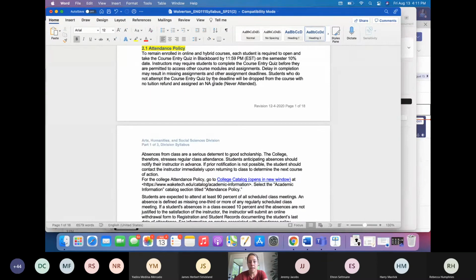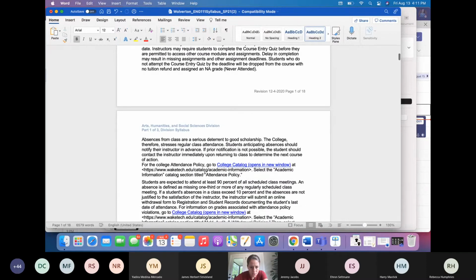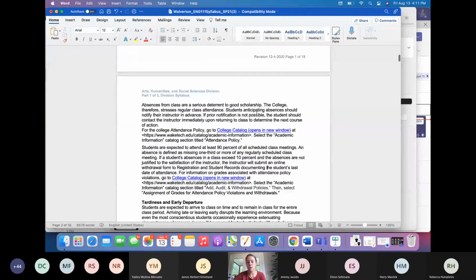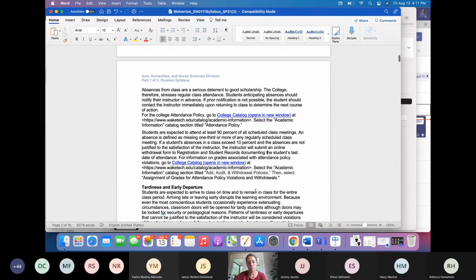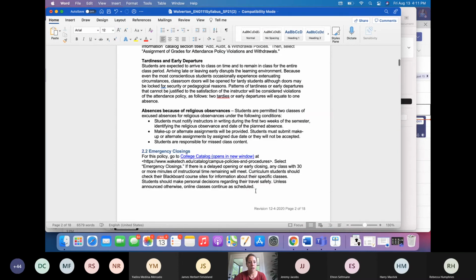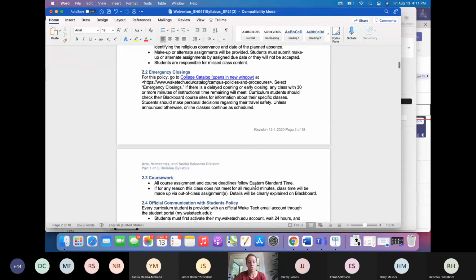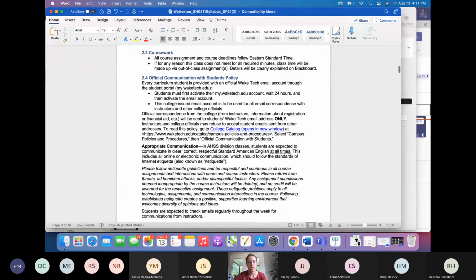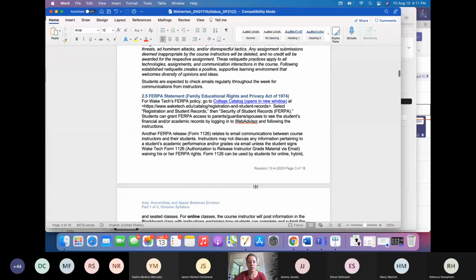Here we have some information about the attendance policy. It says, let's see, part of it down here said students are expected to, here I'll highlight this, attend at least 90% of all scheduled class meetings. So that's obviously super important to know when it comes to attendance. There's also a lot of times links in here that you can click on to see more information about the topic that you're looking at, or it'll take you to the Wake Tech website to learn more about attendance policies and things like that. Here we have more about tardiness and early departure, emergency closings, official communication with students policy,